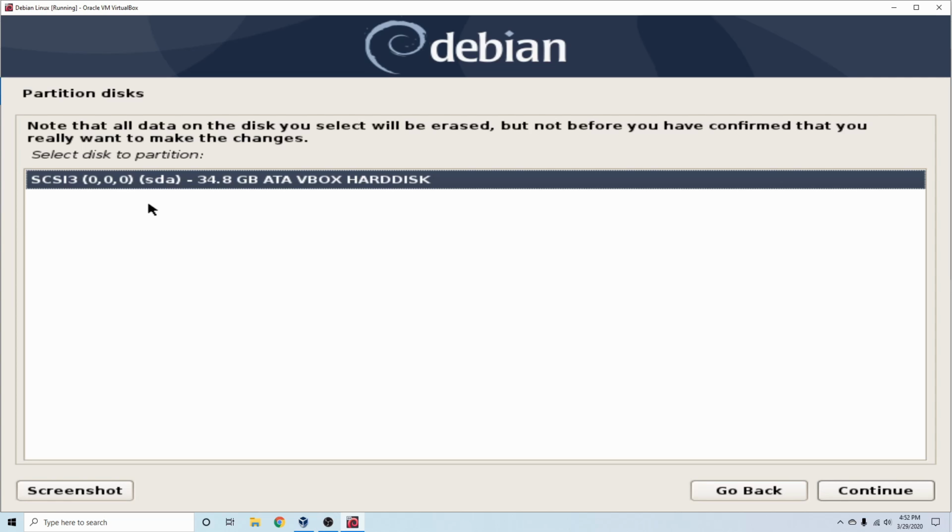So if everything turned out all right, you'll see this about 32 gigs of a SATA VBox hard disk. So this is the one that we just got done setting up for our virtual machine. You can tell because it's the only one available, as well as it matches very closely to the amount that we